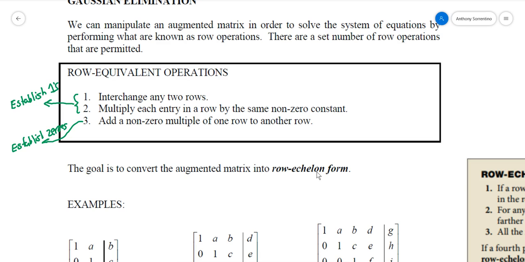Occasionally I might be able to use number 1 to establish a zero somewhere, but it's very rare. The other thing we want to keep in mind when we do this, I put a nice big star here. When we do these row operations on an augmented matrix, whether it's getting it to row echelon form or what we're going to talk about eventually, reduced row echelon form, I would like to establish